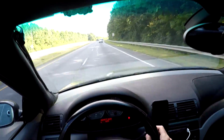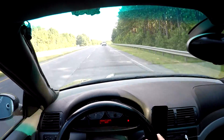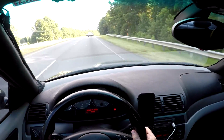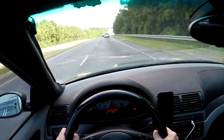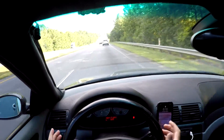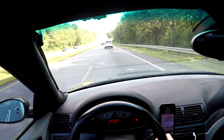It sounds awesome. Now, the exhaust setup on this car is an Agency Power header and a Borla catback, which is honestly kind of a weird combination in my opinion, but it sounds really, really good. I can't argue with it. I didn't put it on, the previous owner put it on, and I may switch it out to something else later on down the road, but I kind of don't want to,